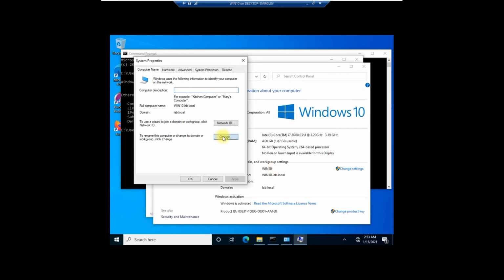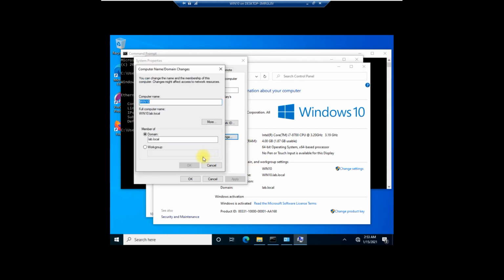So these are the things you have to get covered. Ignore this section right now, as I have already enclosed the system in the domain. I'll try to explain how to configure and edit your server systems in a domain, but this part I'll cover in a later video. Right now I'm just explaining how to set the host name over here.